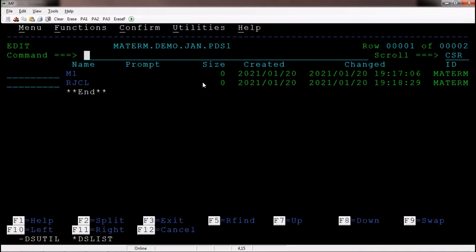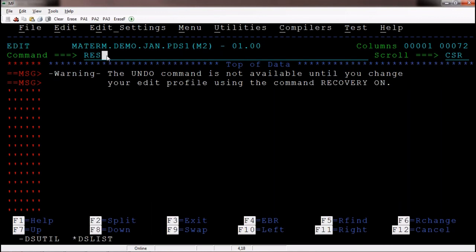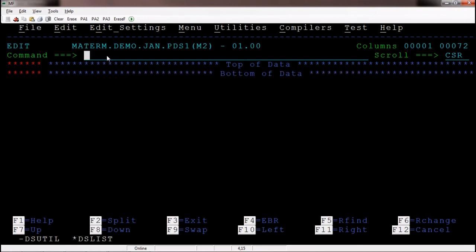Another way of creating, if one member is already present in the PDS, then this approach is also possible. You can type S space member 2 only inside the member of the PDS. If there is already one member, then you can issue it like this, S space member 2. So we are creating member 2. Hit the enter, RES, reset, save the member.